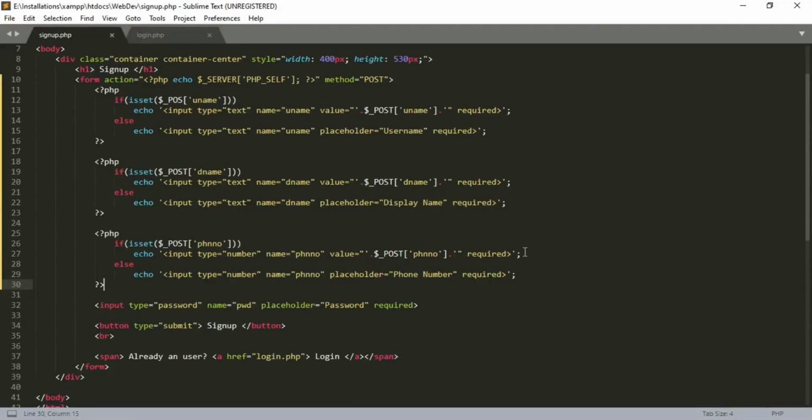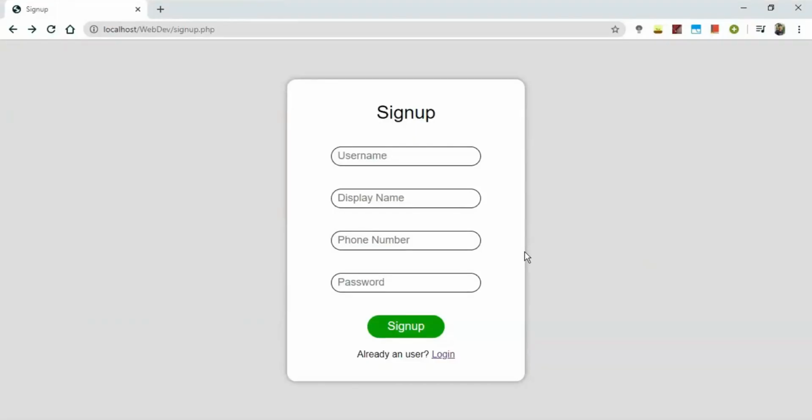Now let's try to view our changes in the web page. Enter the details. And click sign up.